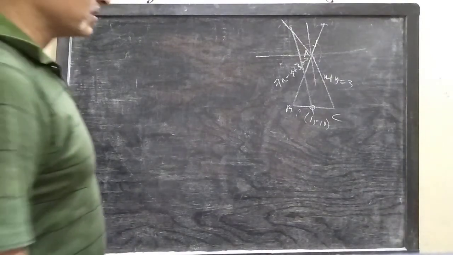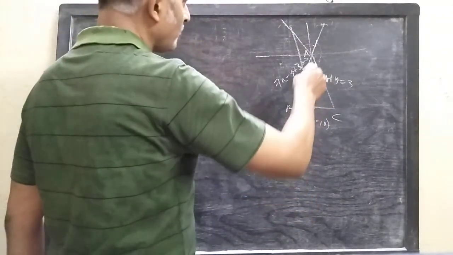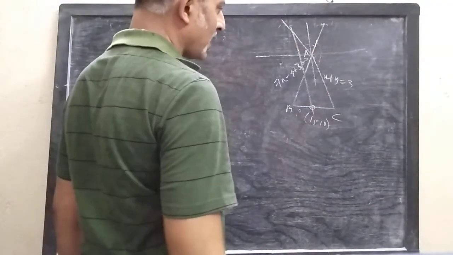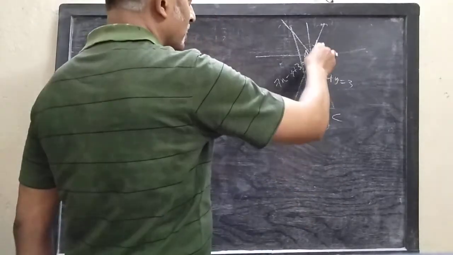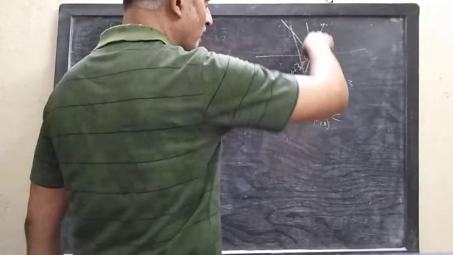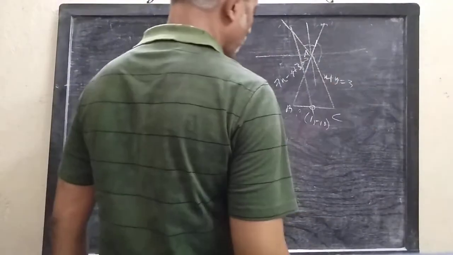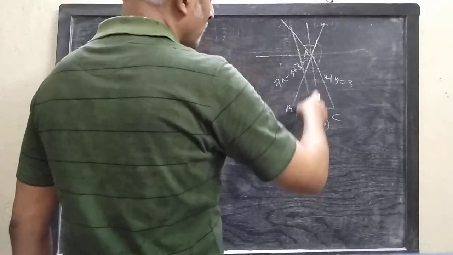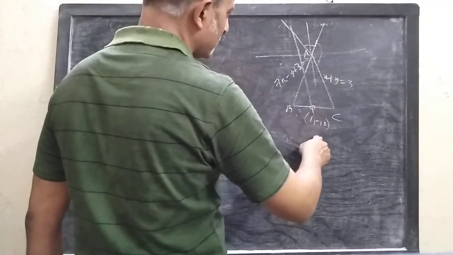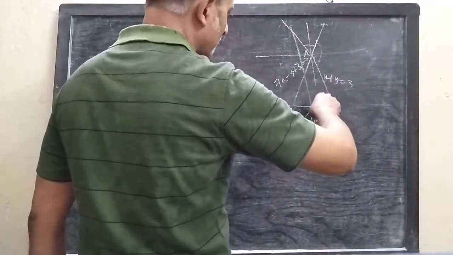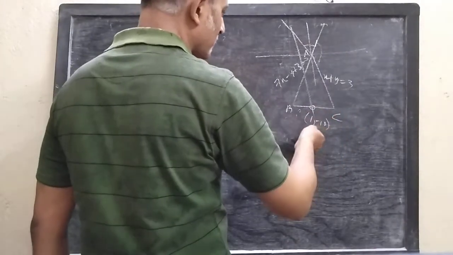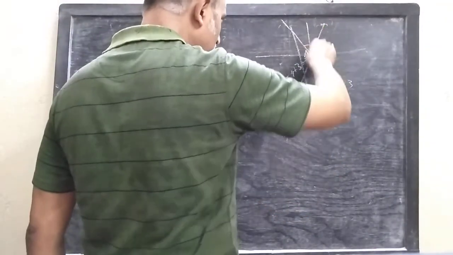First, understand this situation. Again, I am repeating. These are the sides AB and AC. They have two angles between them, one is this, one is this. They have two angle bisectors, one is this, other is this. So, when side BC is in this way, then it passes through (1, -10) and is parallel to this bisector. But the side BC may exist in this way also. In that case, it passes through (1, -10) and it is parallel to this bisector.